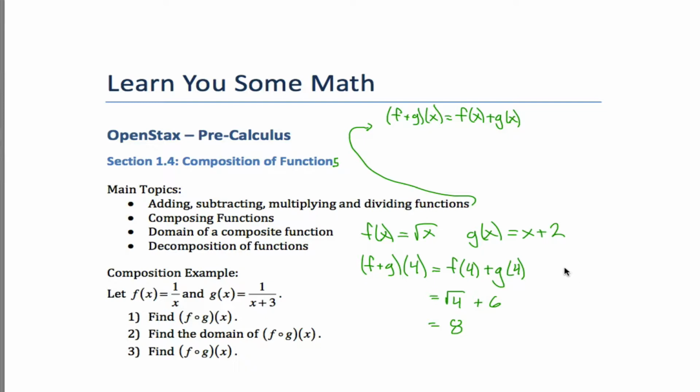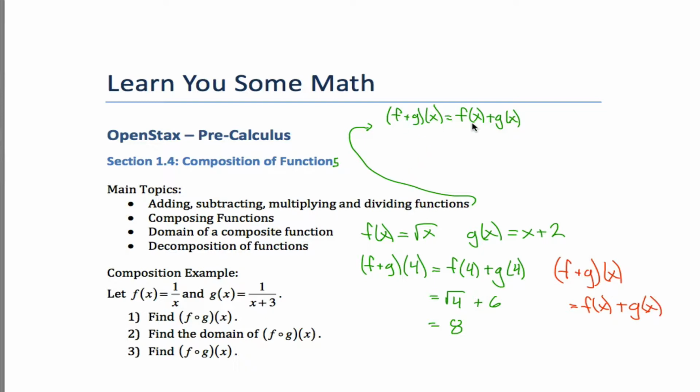However, I want to show you another way you could do this. If you were asked what is f plus g of 4, you could invest some time to figure out a rule for f plus g of x. So you could say, all right, let's figure out a rule that would describe this machine. Because remember, this is just one machine. I know I told you to think about it in terms of these two machines, but this itself is one machine. And I come up with a rule for that machine